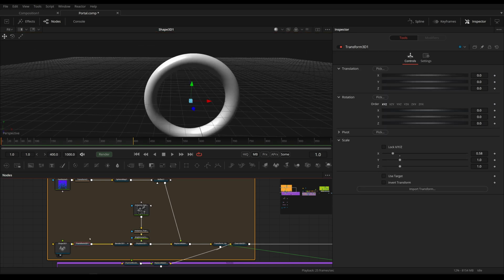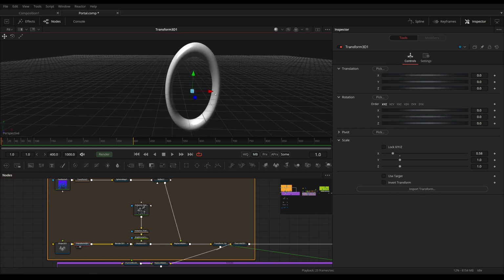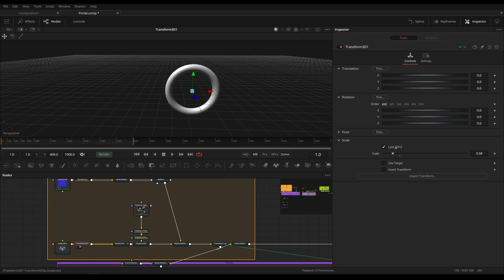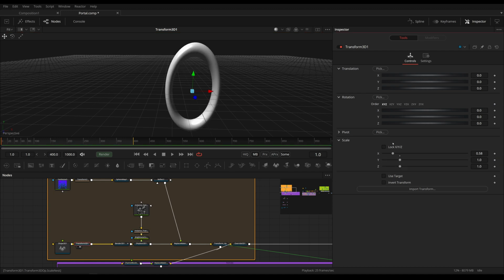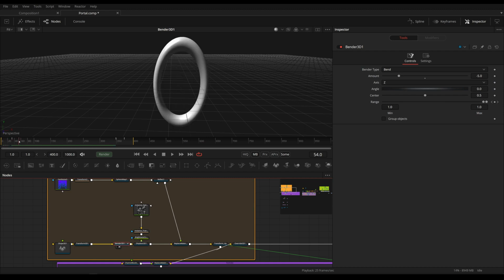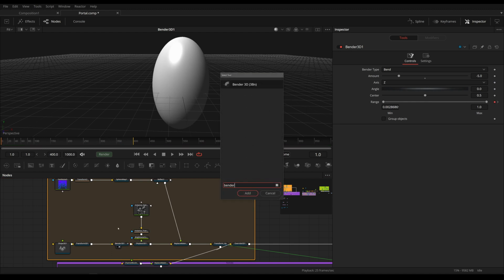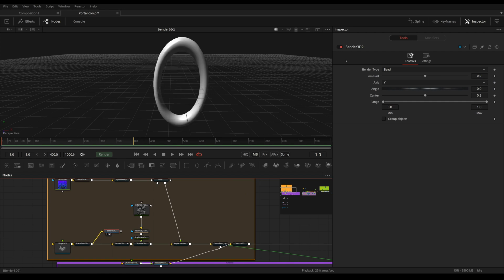Next, I've taken a transform 3D and only used this to push this into an oval shape. So here you would need to deselect lock x, y, and z and decrease the x size a little bit. Next, we have the Bender 3D, and I've used this to animate this shell opening animation and later the closing animation as well. And the Bender 3D really is just like in any other 3D application, a bend deformer or a bend modifier, or however it's called.